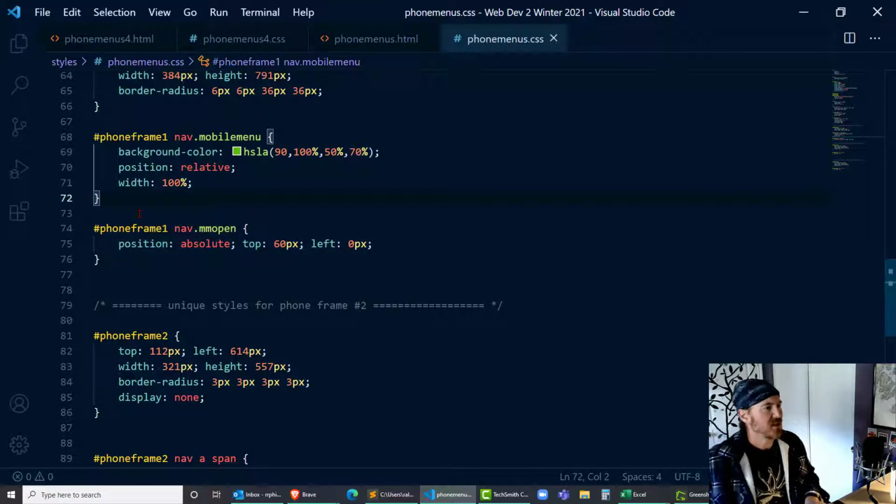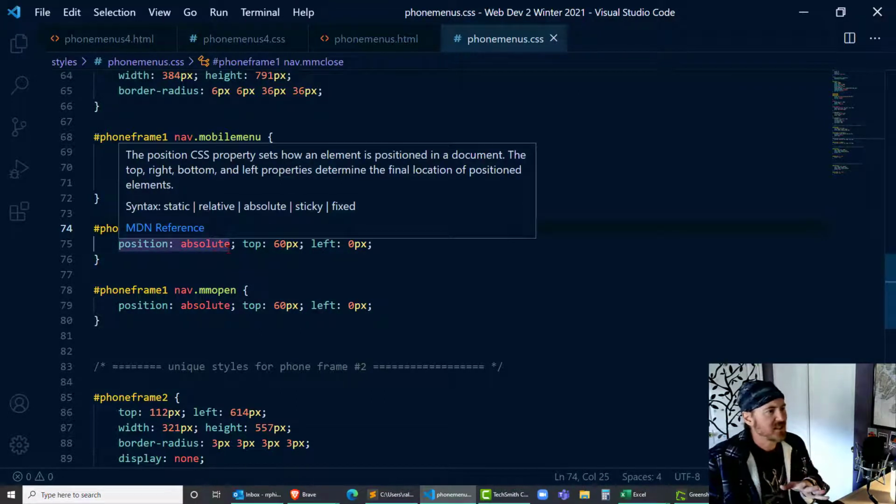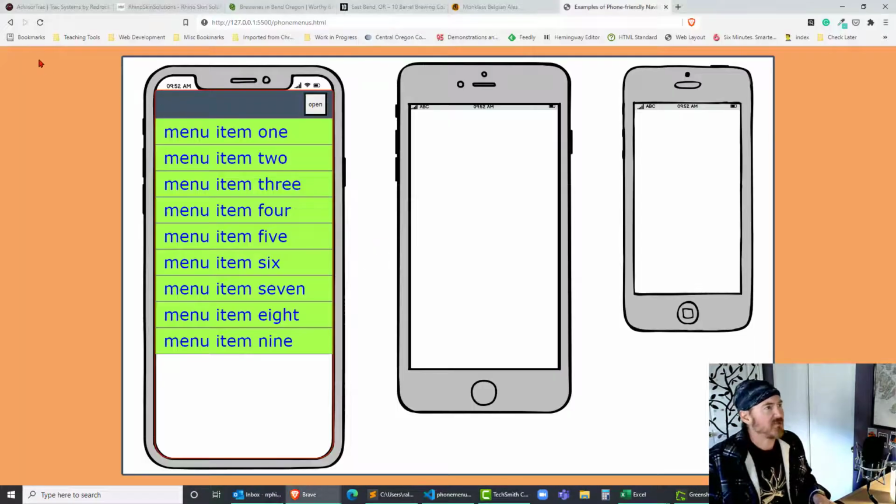And I'm going to start off with close. It doesn't matter, but I figure since the menu is starting in a closed state, let's do that one. Everything's going to stay the same except my left positioning. I'm going to move it all the way over. I'll say 600 pixels, okay? Which is definitely going to clear it